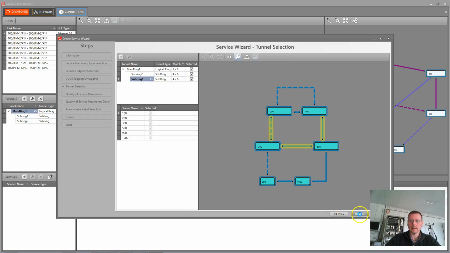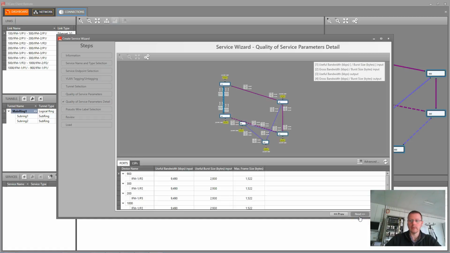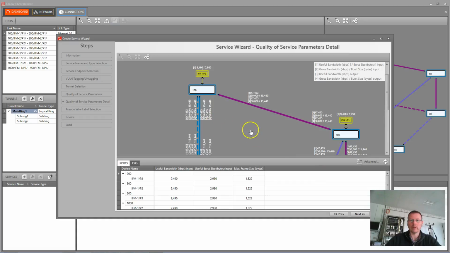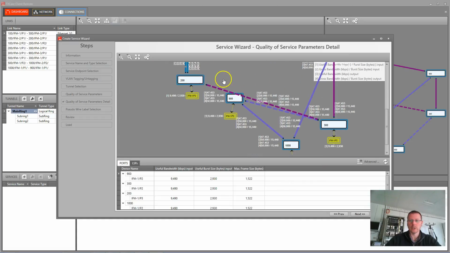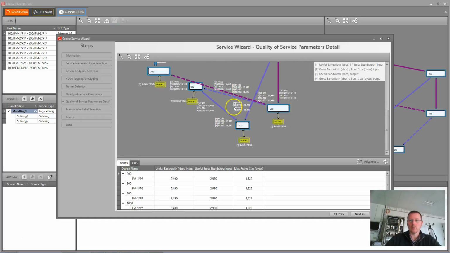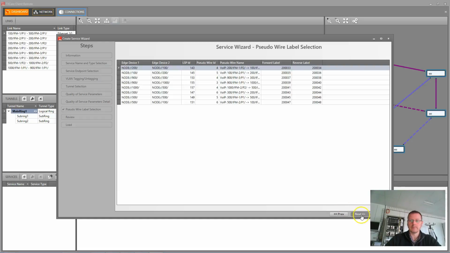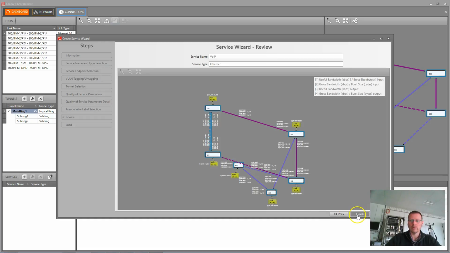Next, here we have our parameters in connection with the quality of service. We don't want to change that for the moment. Here we have all the settings and an overview. In other words, this is a traffic engineered network. So the ports, the policing, and the qualifier are all here. Next, we have our labels, finish,